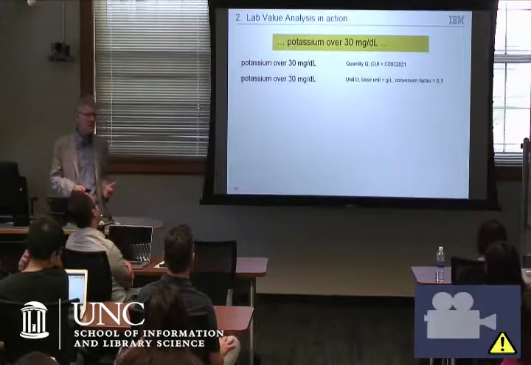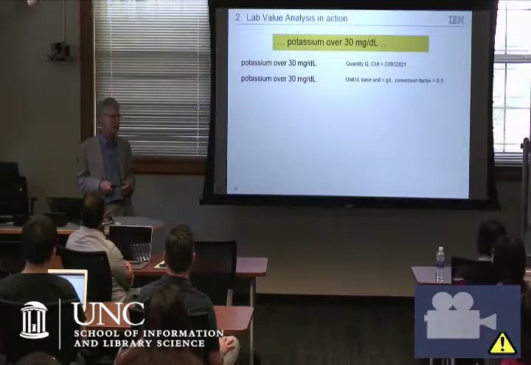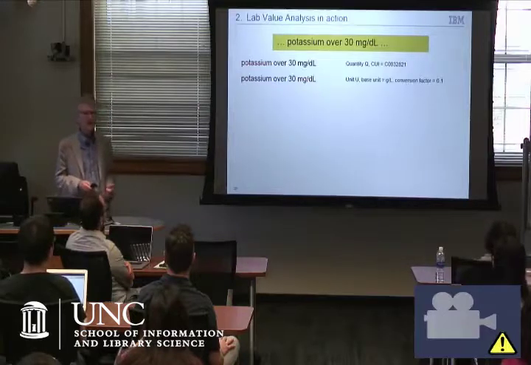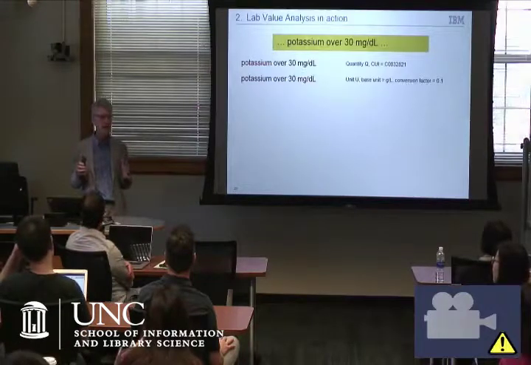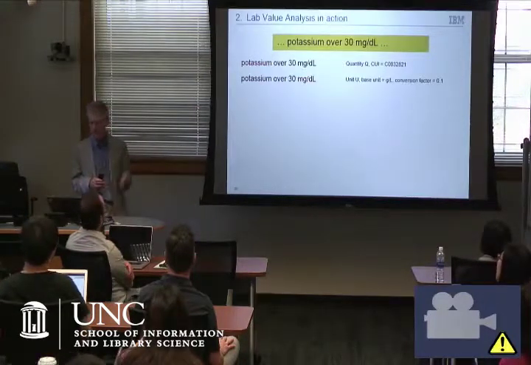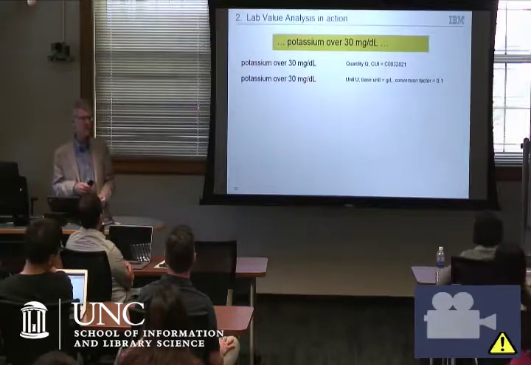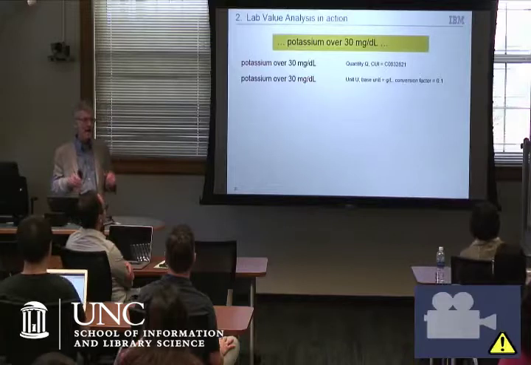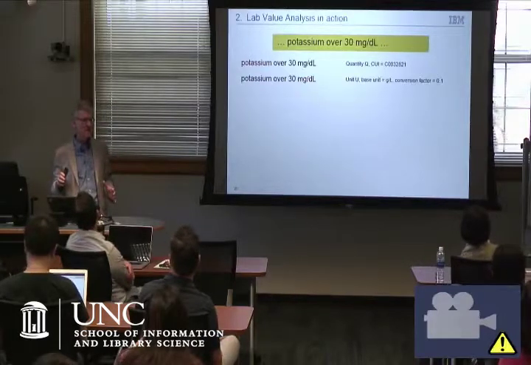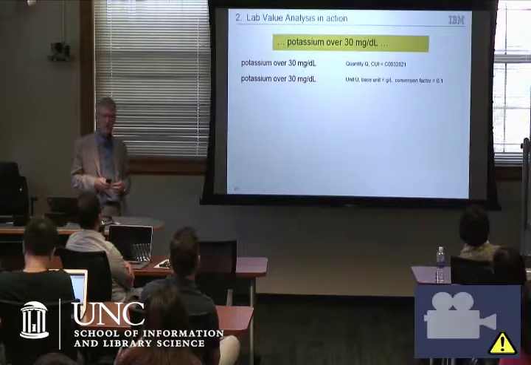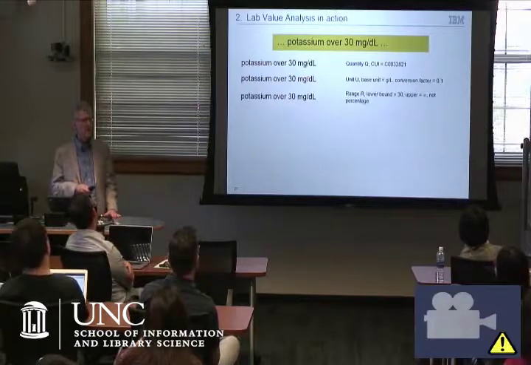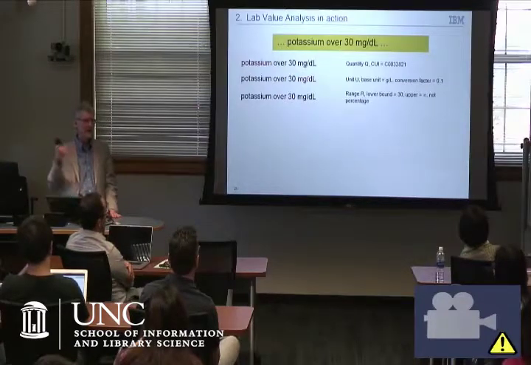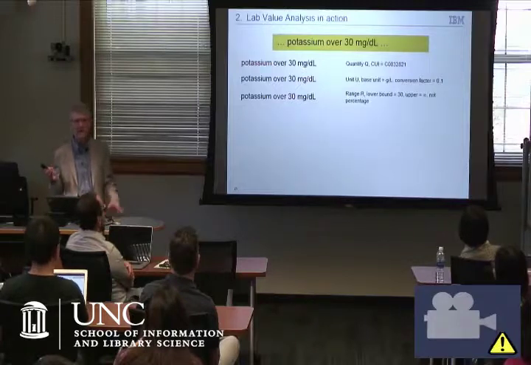We'll identify the unit. Another annotator comes in, it knows how to recognize units. It recognizes milligrams per deciliter. And when I say recognize, it knows it well enough that it can find how it relates to some canonical form. The canonical base unit is grams per liter with a conversion factor of 0.1. That way, when you have some other measurement, you can do a conversion. Then over 30 is a numerical range. Technically, it could go up to infinity. Practically, we know that's not going to happen, but why not just say this is a range from 30 to infinity.